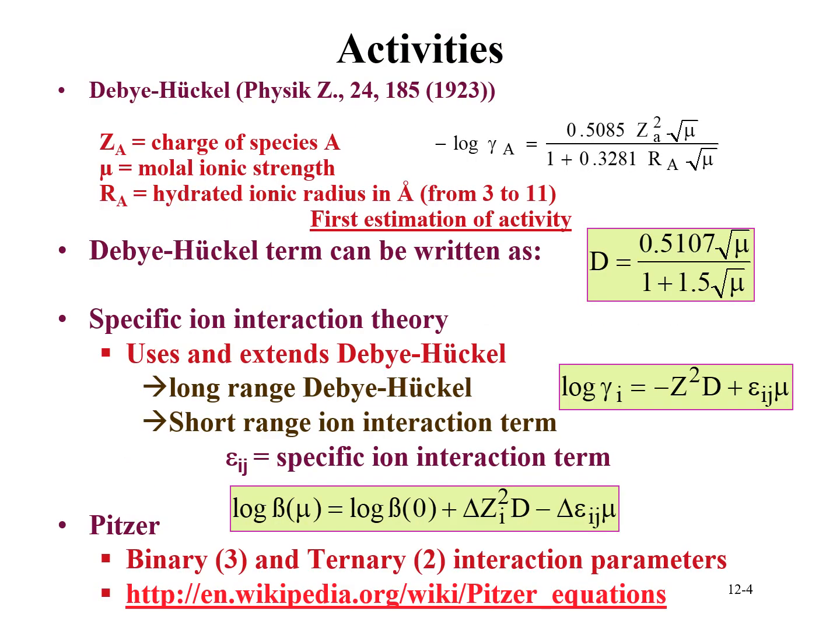Now there's a number of different equations that are used to evaluate activities. One of the earliest is the Debye-Hückel equation listed here. Rather straightforward equation. Here's your activity coefficient, where we have some constants, where some of the conditions involved in here are the charge of the species, the molal ionic strength, so not molar but molal, and the hydrated ionic radius